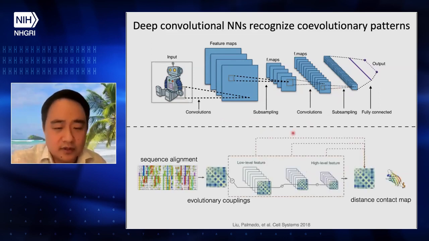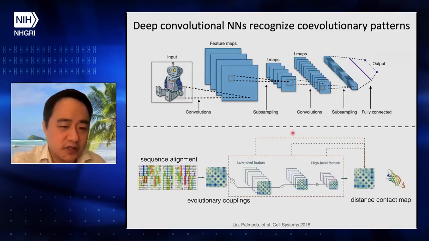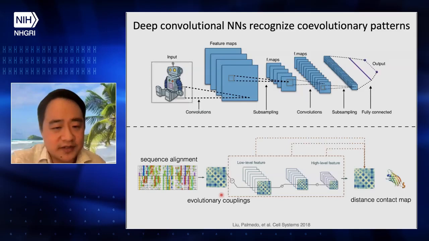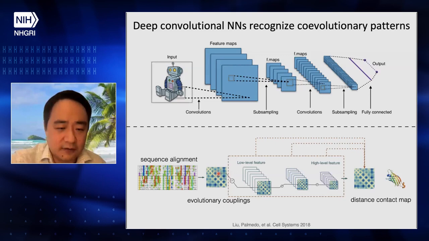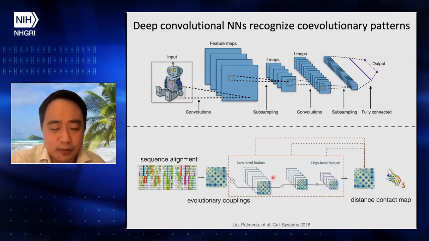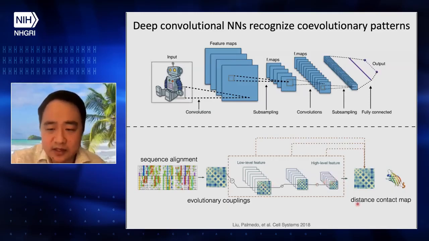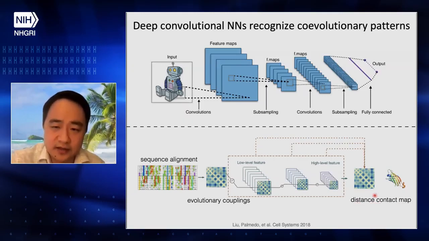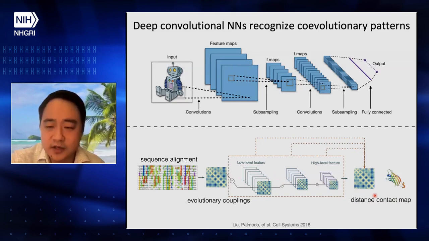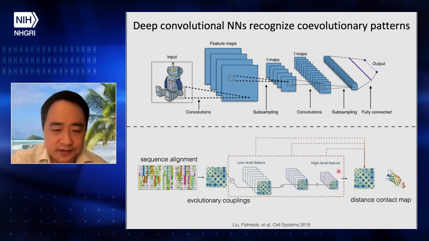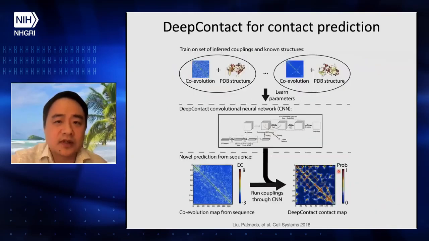Okay, and here we also treat protein co-evolution data, which we also call evolutionary couplings, as an image. We also look at the local patterns in this evolutionary coupling matrix, and we apply this hierarchical deep learning model to put all these signals together in a hierarchical manner, and then predict the distance or contact map. This can be binary, which means whether these residues are close by in space, or we can just predict the distance. Okay, and this is our model.